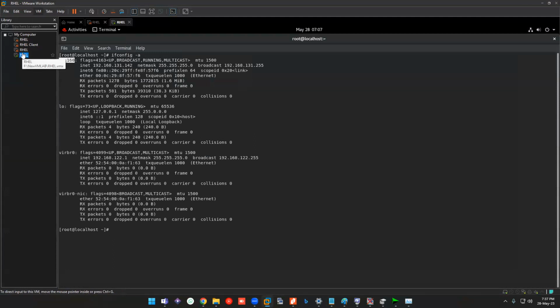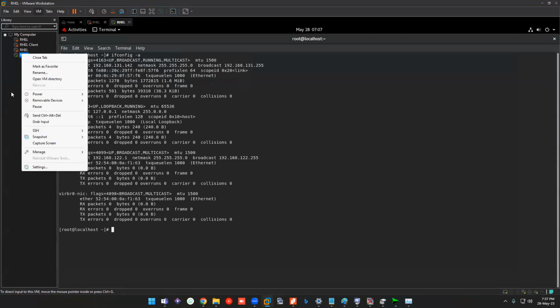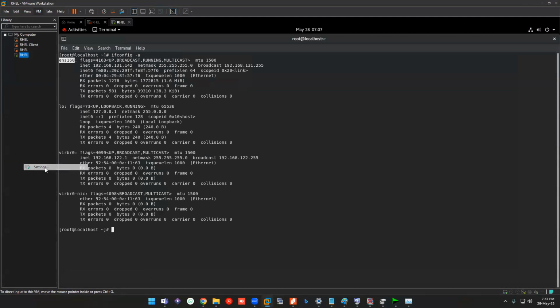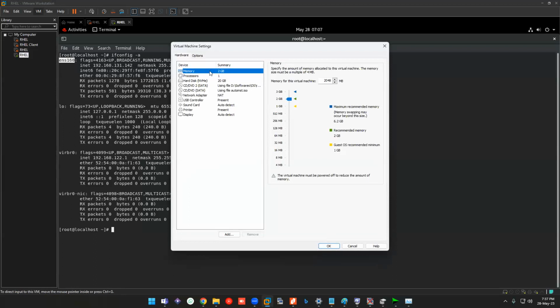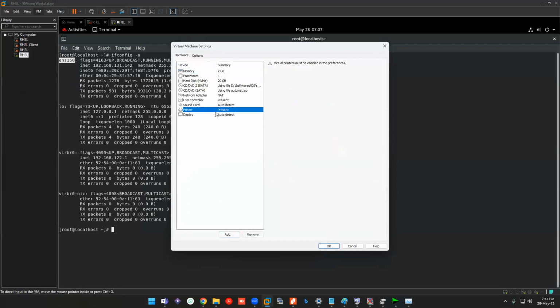How do you go to the VM settings once again, if I want to add some more hardware components virtually? Just right click that VM and go to settings. You will see the same things you configured during the initial setup. Let's say you want to remove this printer, since we don't use it. While your system is powered on, it won't allow you to remove anything. It will allow you to add, but not remove.